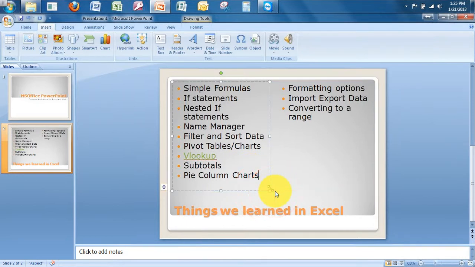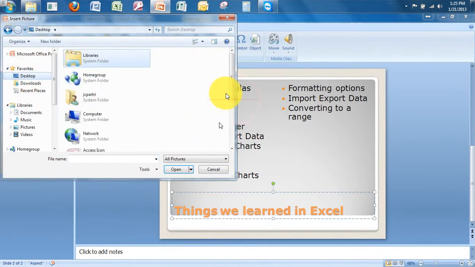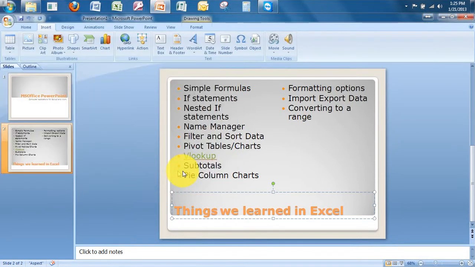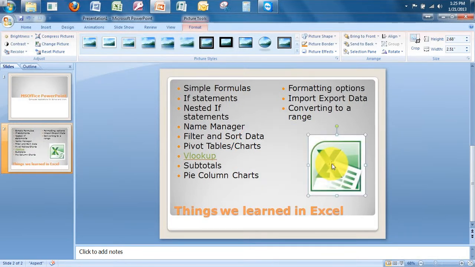Next, let's go ahead and insert a picture. So under the Insert tab, I'm going to choose Picture. Let the dialog box open up. And the picture that I'm going to choose from the desktop is called Excel Icon. And so it inserts the Excel icon. I'm going to drag the Excel icon over here to the right-hand side, and now I'm going to choose a